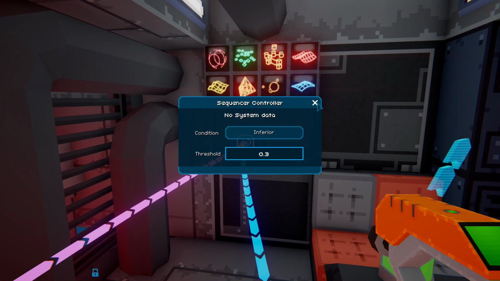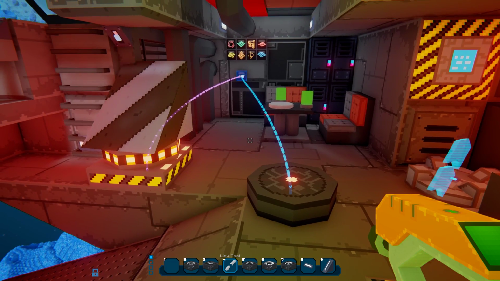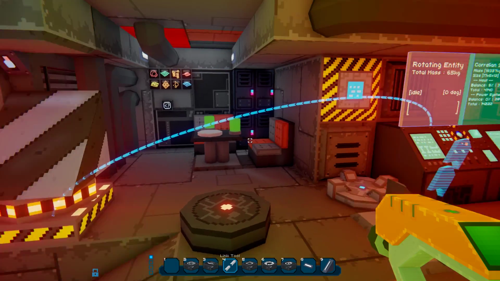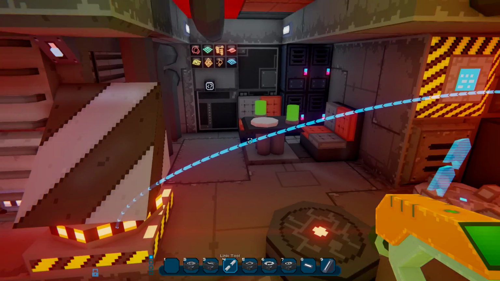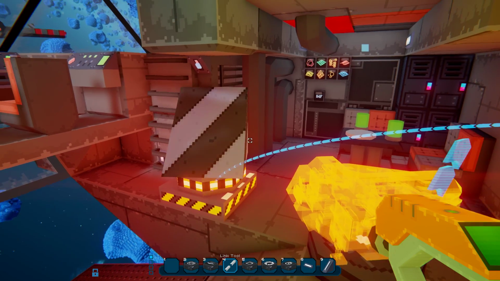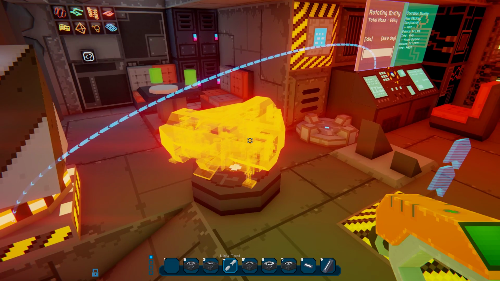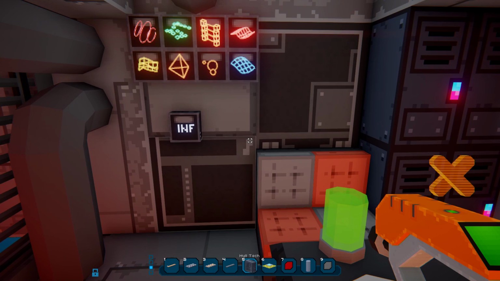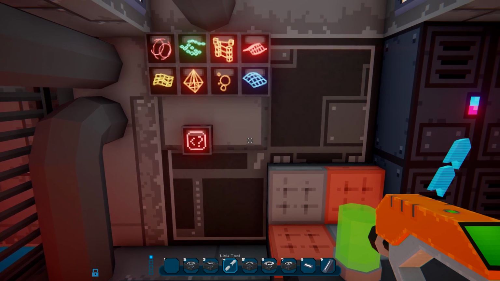So we put 0.3 inferior, and so if we activate the system right now, so as you can see, it went. So let me show you. So it is at 0 degrees, so the condition is not met, so that system is not activated. But as soon as it gets over the threshold of 0.3, like that, this system activates. So it's really a cool new thing to trigger a lot of very interesting mechanisms inside your ship, and this is really possible thanks to the new update.